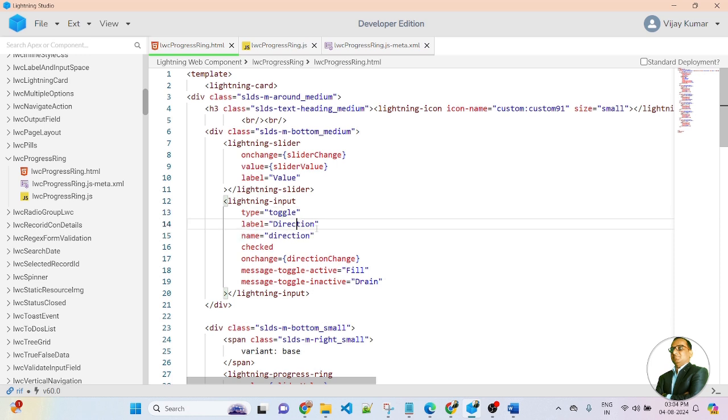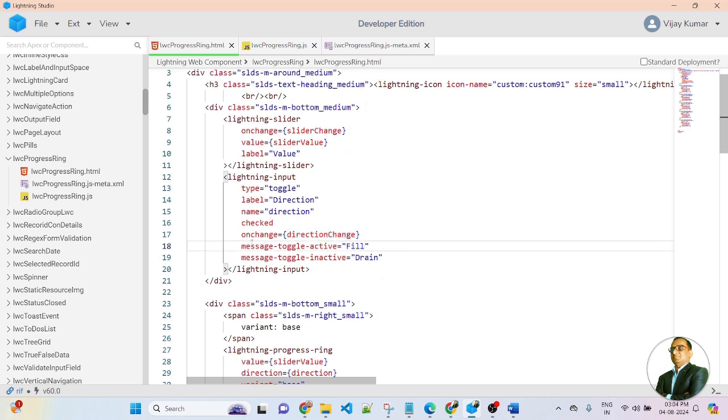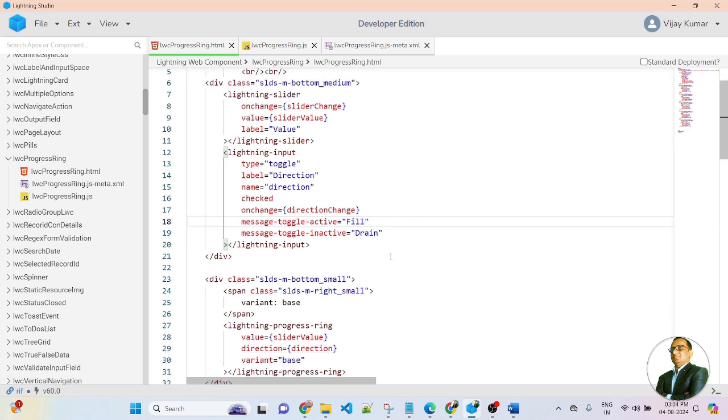Here I am passing the name, and by default it is checked. If you check it, it will be active. In the lightning toggle, I am using the onchange function, directionChange. Based on this function, I get the current value of the lightning toggle direction. Here you can also find message toggle active and message toggle inactive. Here I am passing fill and drag.